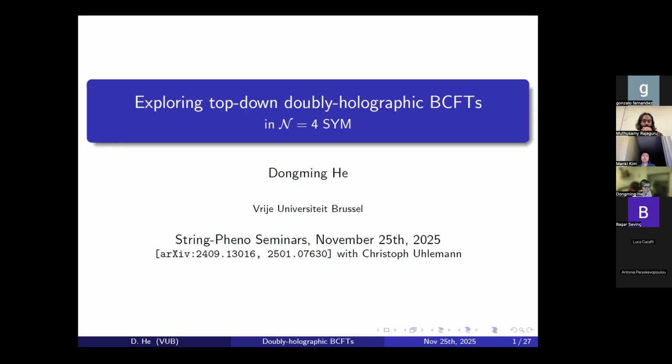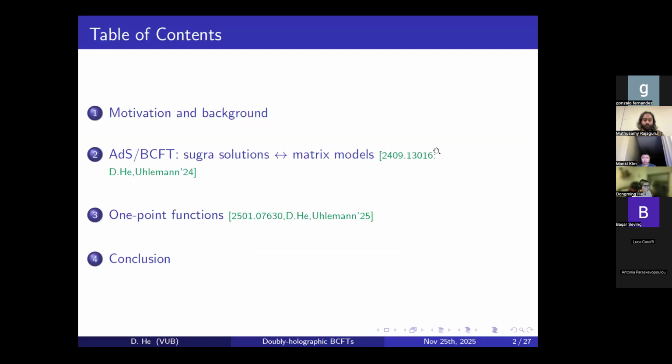Today, I will talk about N=4 super Yang-Mills in top-down, which means in string theory, which are doubly holographic, based on two papers with Christoph Uhlemann. So in this talk, first, I will talk about why we want to study such BCFTs in string theory, and